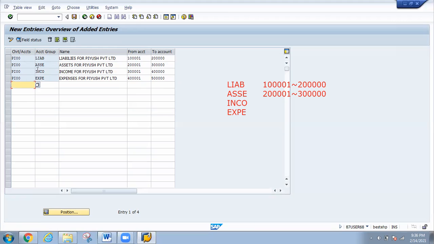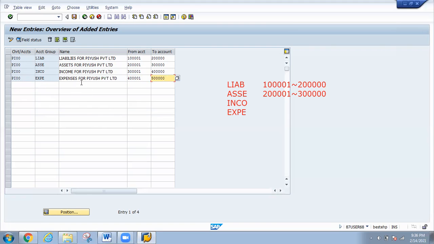It can be created based on the real scenario of the company's requirement. Like a company has a number of accounting groups. For this, we have to define all those requirements that have been found in the company's balance sheet or P&L account. Like expense can be split into different groups or subgroups. Here, for one group, expenses, we have started from 4 lakh 1 to 5 lakh.